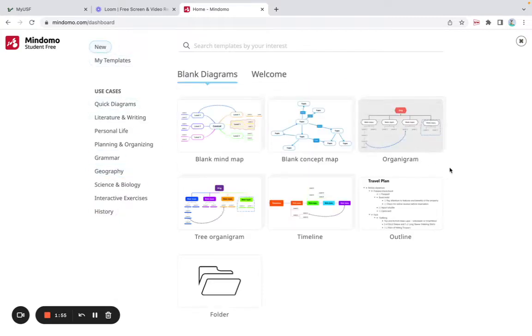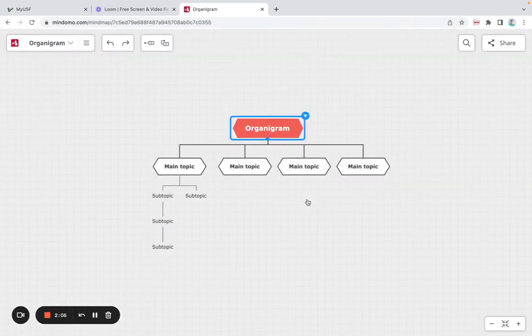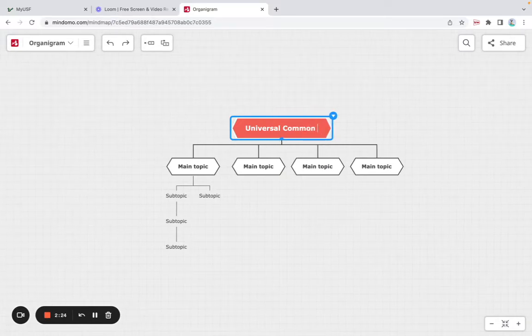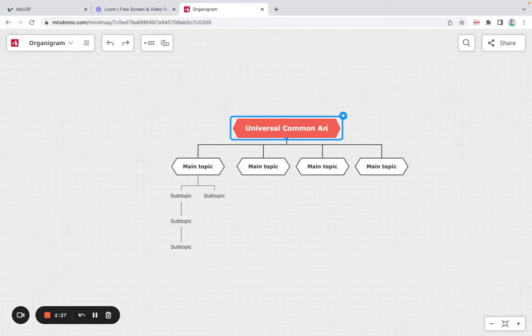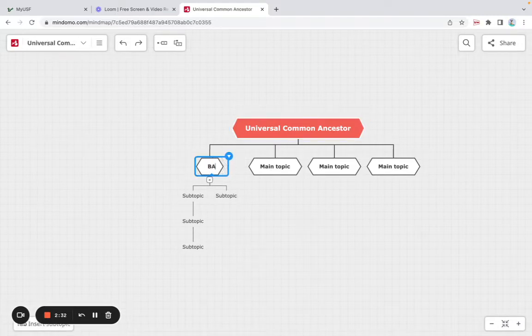So I'm just going to use a blank template and I'm going to click this arrow to choose a theme. I'm going to choose this theme. So this Mindomo tree, or this phylogenetic tree, is going to represent the evolutionary relationships between the three domains of life, which is bacteria, archaea, and eukarya. So firstly, I'm going to select this, right click to change the text: universal common ancestor. And then in our first box here, right click again, and I'm going to